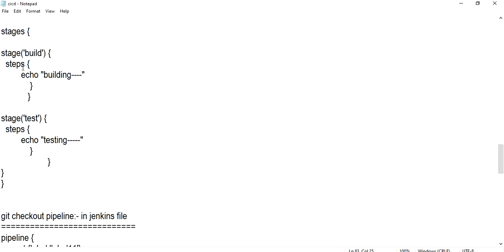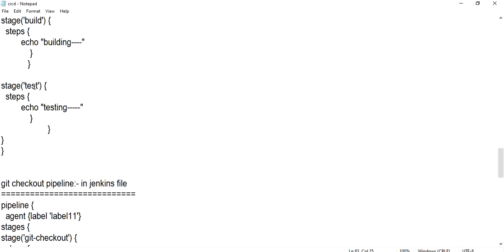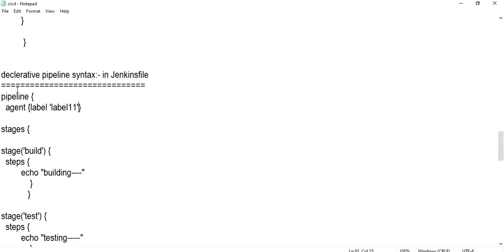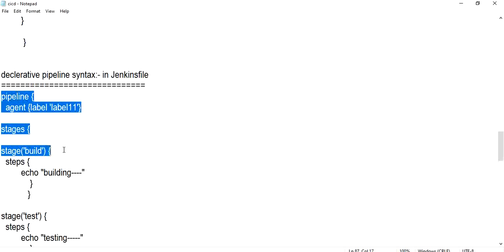That's the difference. Stages, and stage 1 is build, and as I said, under stage there will be steps. I have mentioned one simple step, just echo building, and next stage is test. The step is echo testing. It's a simple script, just I will execute it.